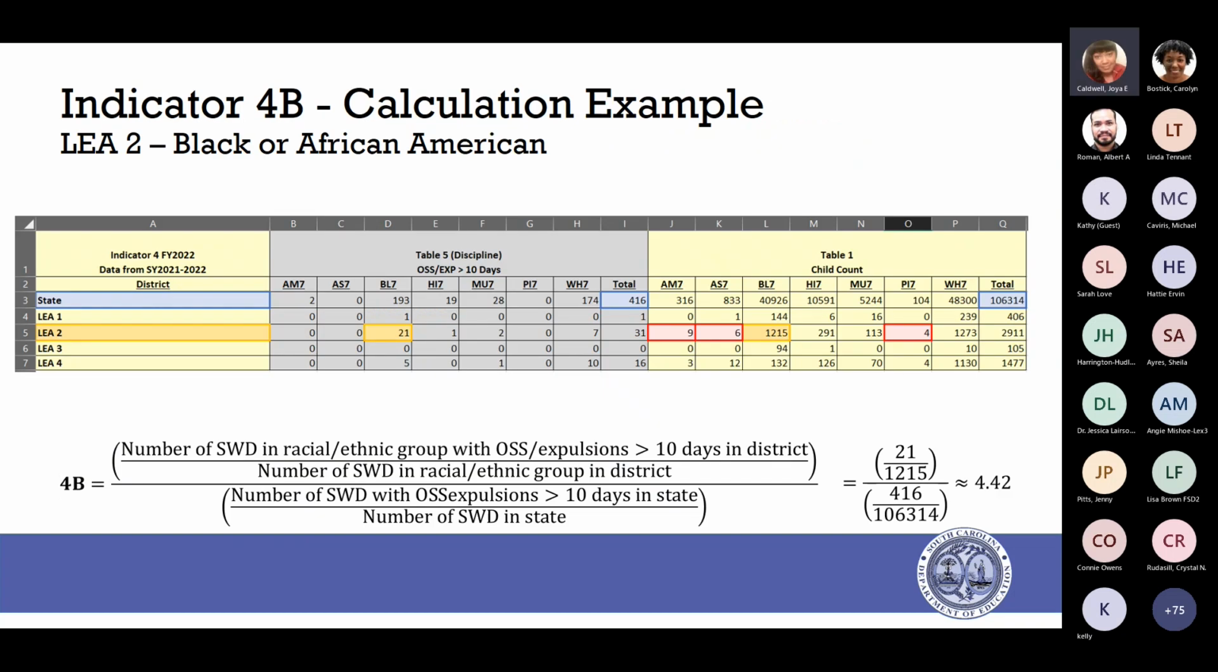We'll look at an example of 4B using the same data, same district, LEA 2. It consists of 21 African-American students with out-of-school suspension greater than 10 days. If you take a look at the column heading BL7, out of 1,215 total for the specified race or ethnicity, which represents our N size with our formula. Comparing district to state, yet again, we reuse the same state denominator of 416 students divided by 106,314 students with IEPs. This formula will give us a rate ratio of 4.42%, also exceeding our threshold of 2.5